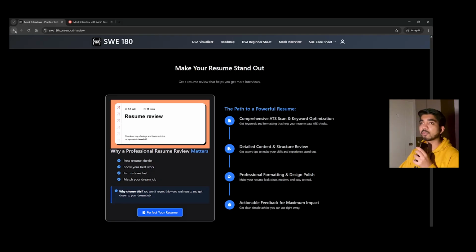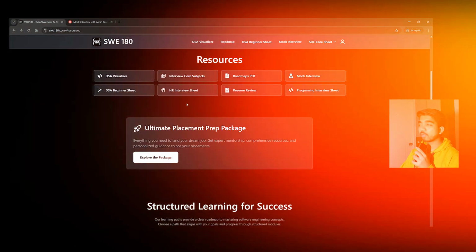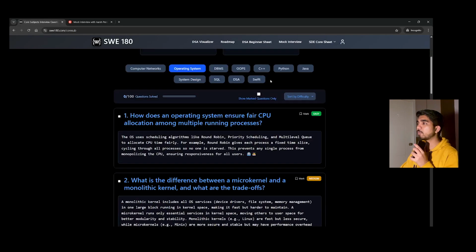We will be discussing that, because your resume is the one thing that will help you get shortlisted and get a place at any of our companies. So it's mandatory to have a one-on-one resume, which would be best. Okay, then the other thing I have is a programming interview sheet, which would cover